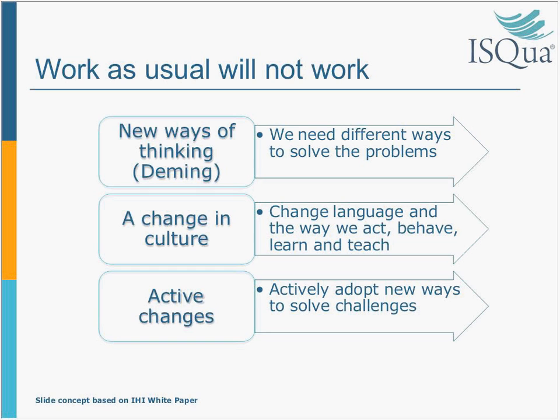Really what has to happen is we have to think about how we're going to change in the future. I've adapted this from an IHI paper on major changes. This way is a new way of thinking. I've put this because I'm trained in the work of Edward Deming, that we need to think differently. We cannot continue to apply the same solutions to the same problems. And that means we may need to totally redesign the system that we have.